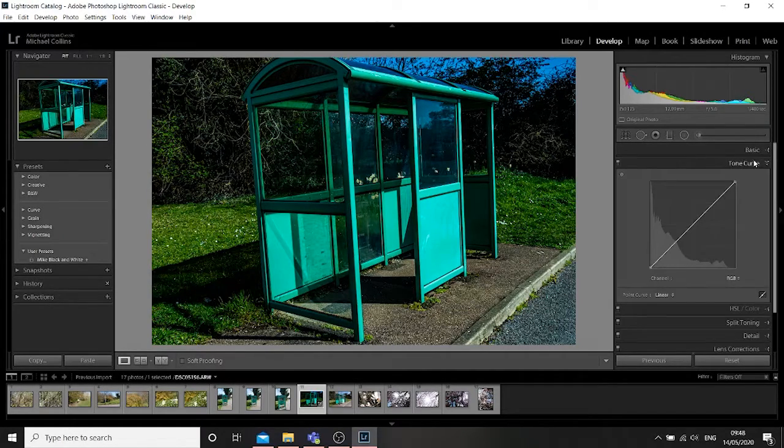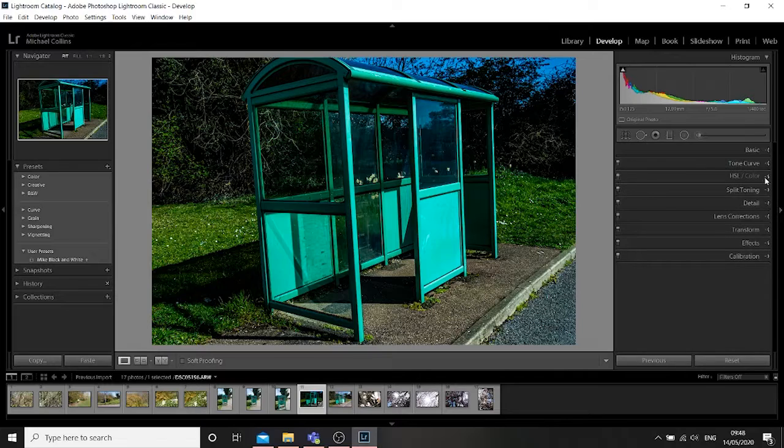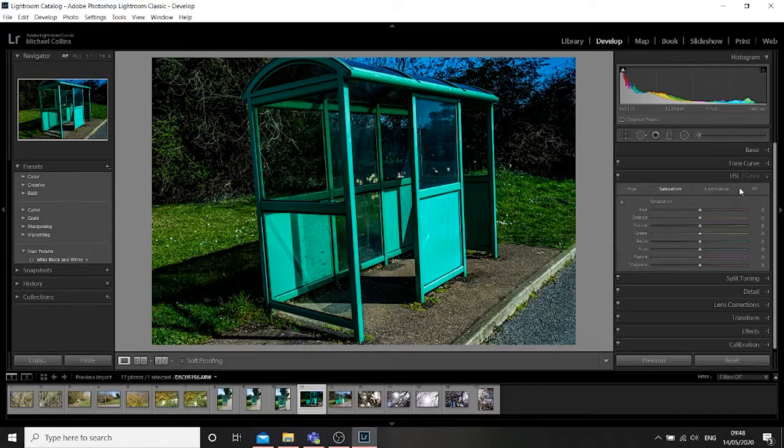Next one is tone curve. I'm going to completely miss out on that one. Next one is HSL. Now, HSL stands for hue, saturation, and luminance. I'm going to show you what this is, but I'm not actually going to use it unless I have to. First of all, saturation is exactly the same as saturation in basic, but